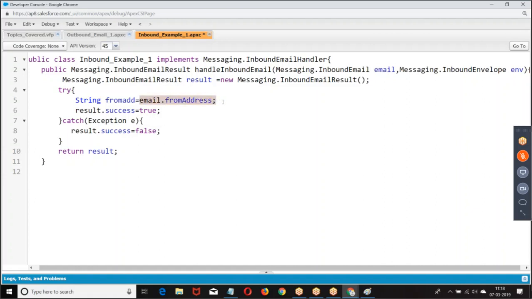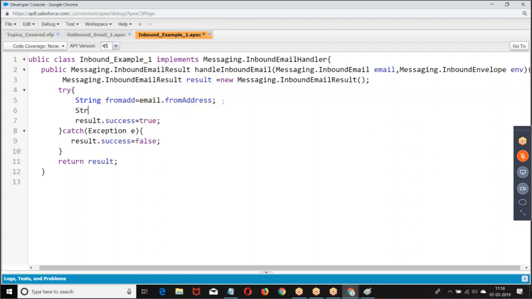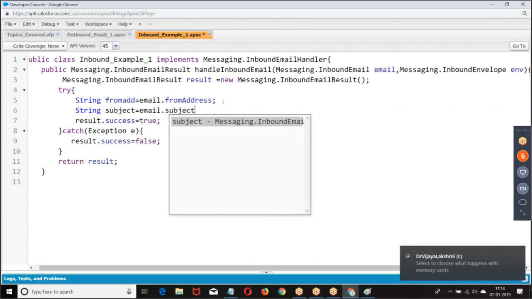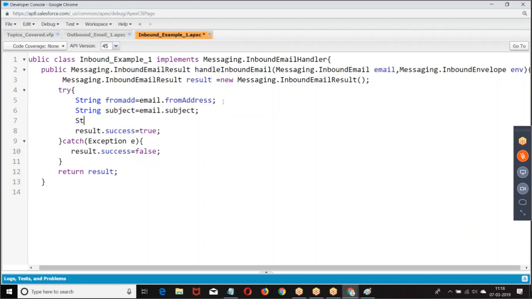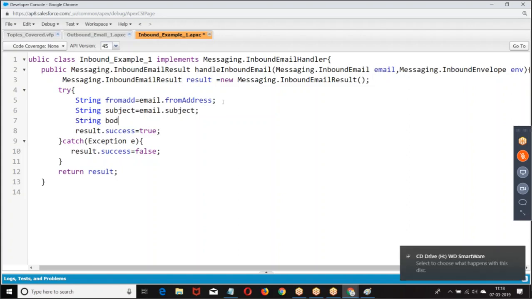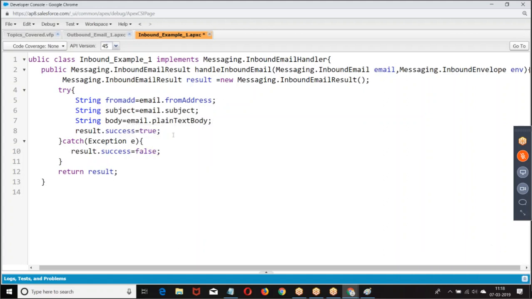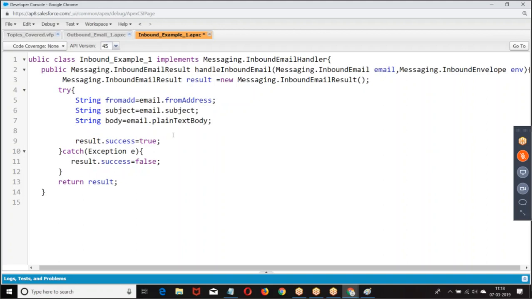Email.fromAddress, from which email address you have received this. String subject equal to email.subject. What is the subject of the email? Then I have email.plainTextBody. So from the email we get from address, subject, plain text body.